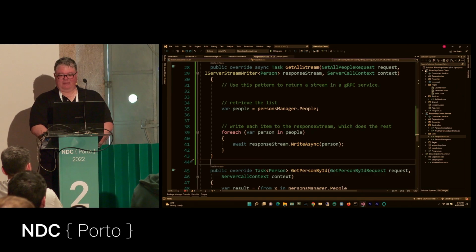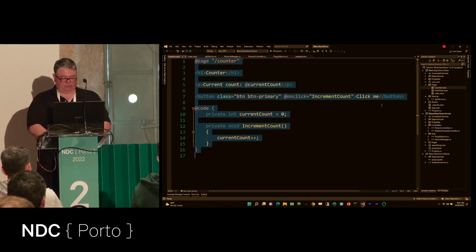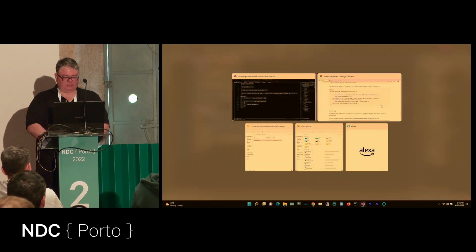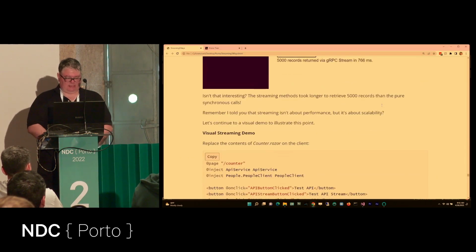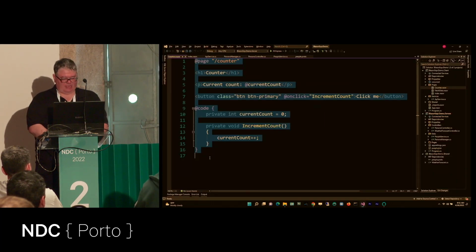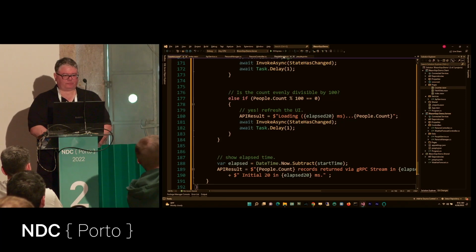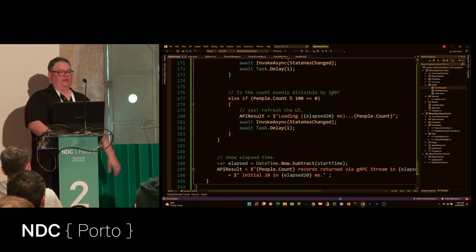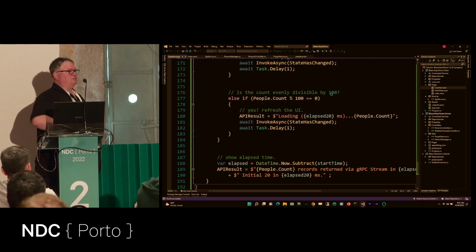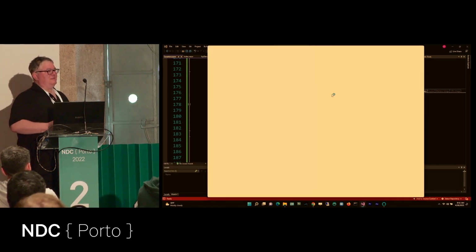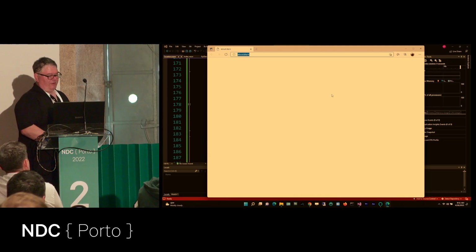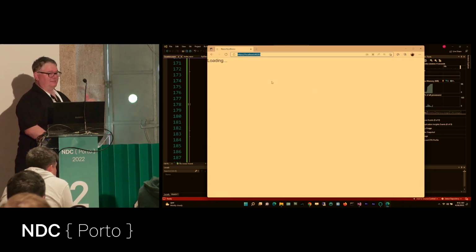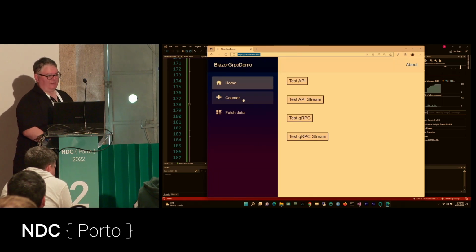So here's the money shot right here. We're going to use the counter page to actually show the UI with the data as it's coming in. I could go through the code and show you, but it's really simple. In counter, I have an HTML select list that shows only the first 20